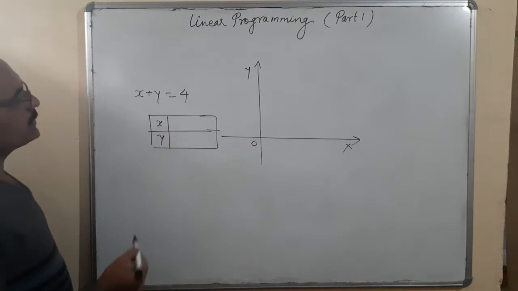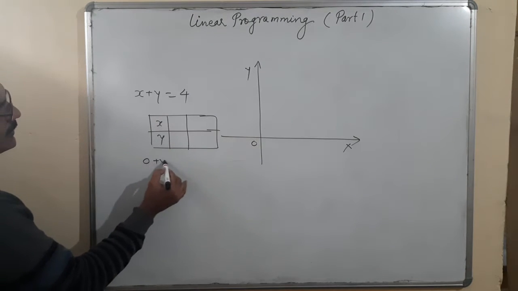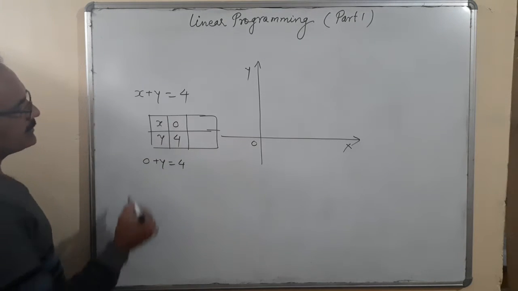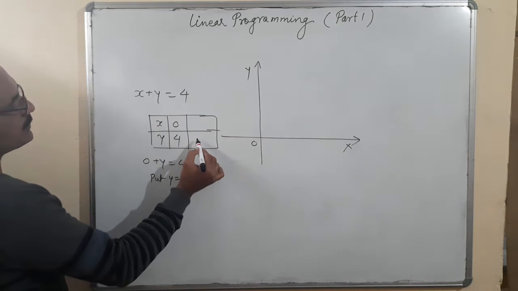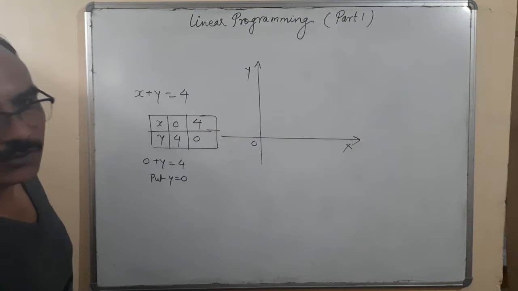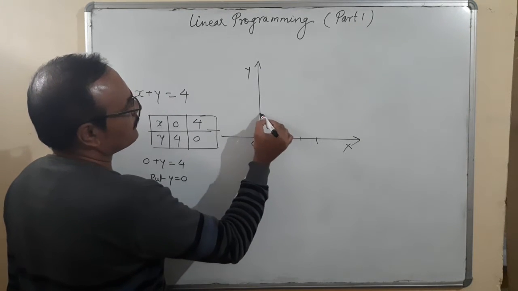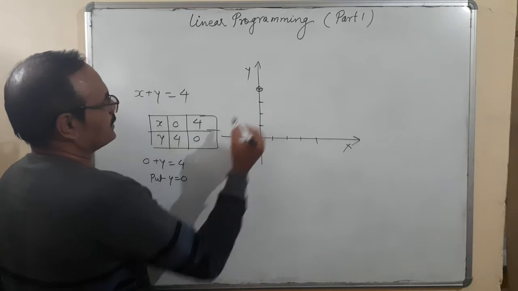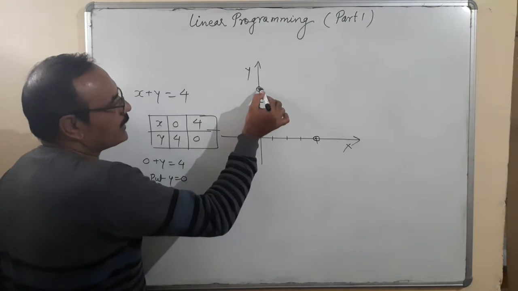First of all, put x is equal to 0. When I put x is equal to 0 here, 0 plus y is equal to 4. So when x is equal to 0, y is equal to 4. Second, when I put y is equal to 0, x is equal to 4. So there are 2 points you got, 0 comma 4 and 4 comma 0. This is 0 comma 4. This is the point 4 comma 0. When we are going to join these 2 points,